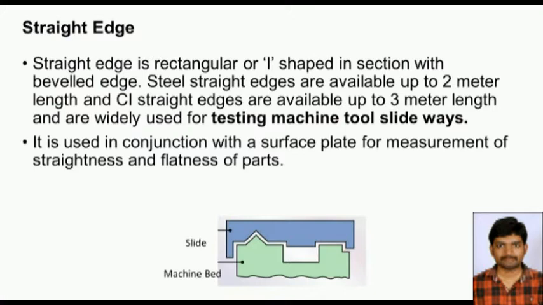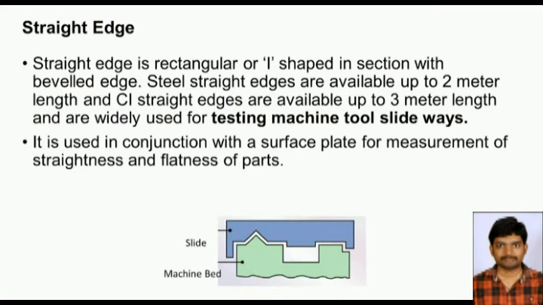Okay, for example, when you want to measure the straightness of machine tool guideways, so this is a straight slide of the machine tool, and there is a machine bed wherein we have the guideways, and say we want to check whether the guideway is straight or not. Depending upon the size of the machine, this length of the guideway may be half meter, 1 meter or 2 meter. So throughout the length, whether the guideway is straight or not, that we want to check. In that case, we can use these straight edges, and the straight edges can be placed on the guideway, and then straightness can be checked.